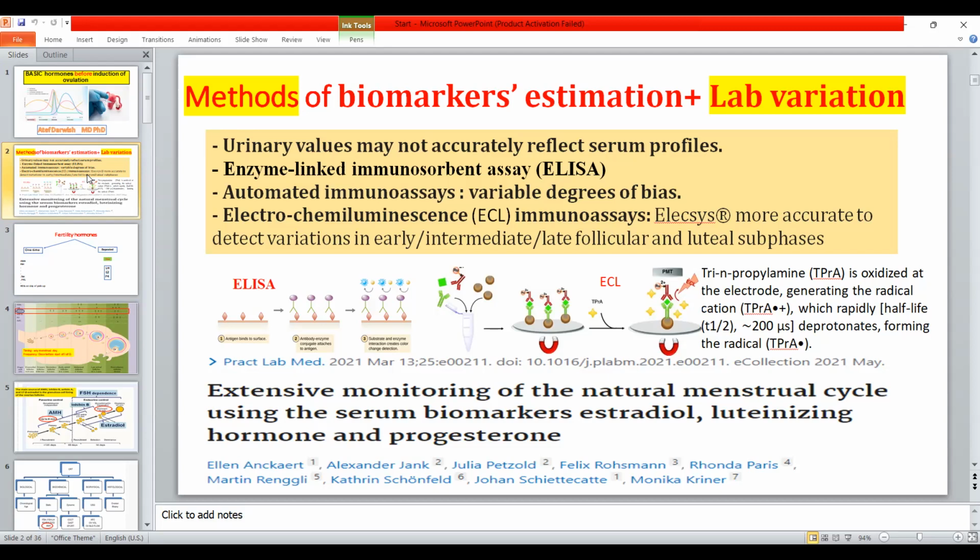This is number one. Number two, you should know that there are some lab variations in the results, and every lab has its own schedule and normal range. So we don't have to compare results of different labs. And it's better to know the standardization of the results to have a definite diagnosis and go through the treatment of this case.